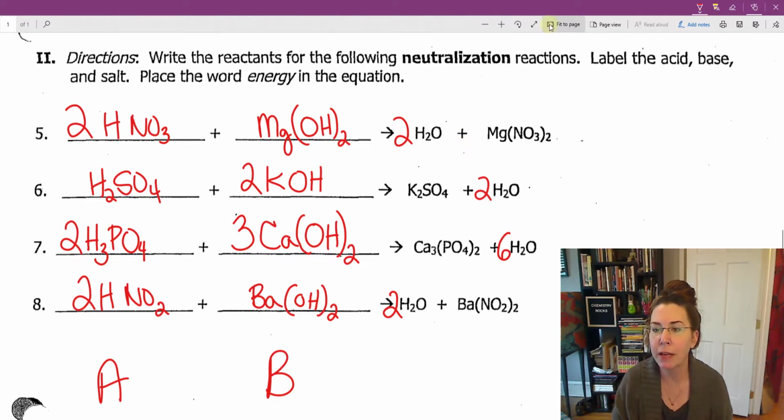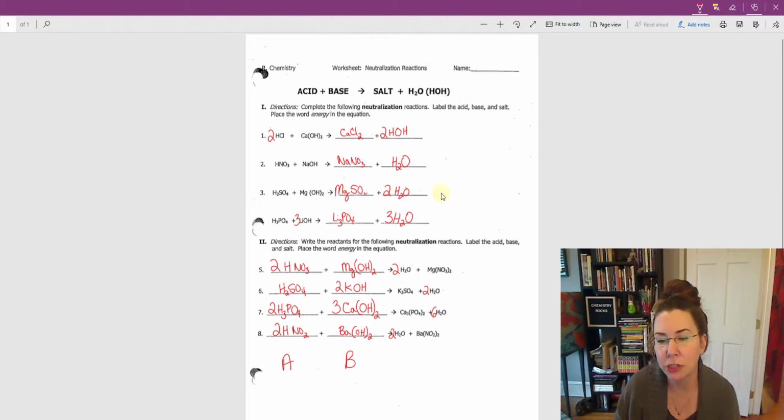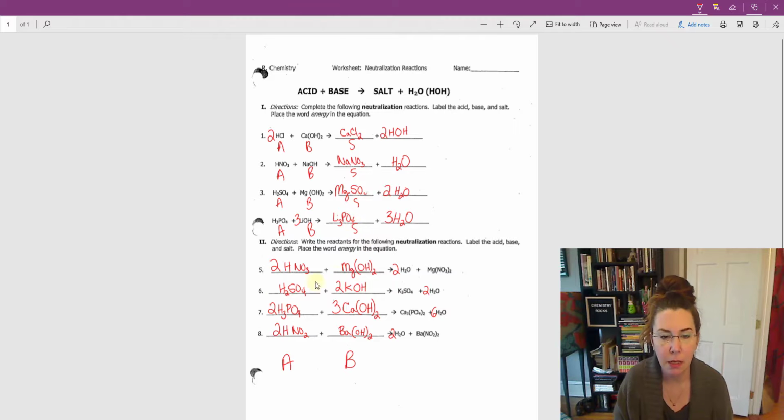Now, before I walk away from this, I'm going to look at what my situation is with the energy, because I asked you to do that as well. Oh, and mark your acids and your bases and your salts. So acid, acid, acid, base, base, base, base. These, I put all my salts in the same place. On this side, we already said I filled all those in on purpose. And I'm just going to mark my salts here. And in all of these, energy is going to